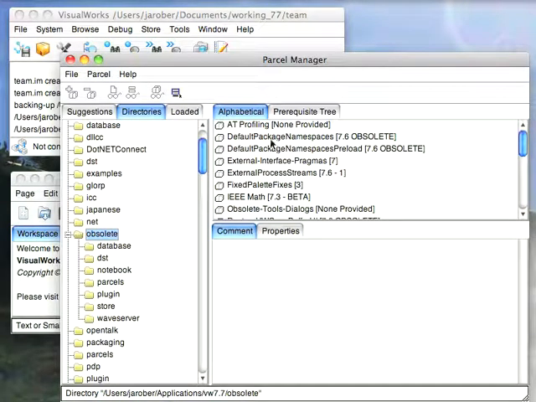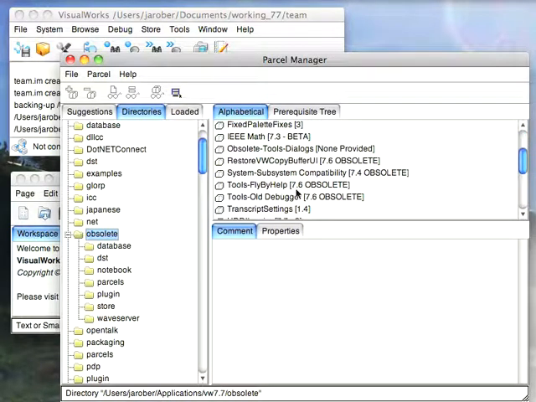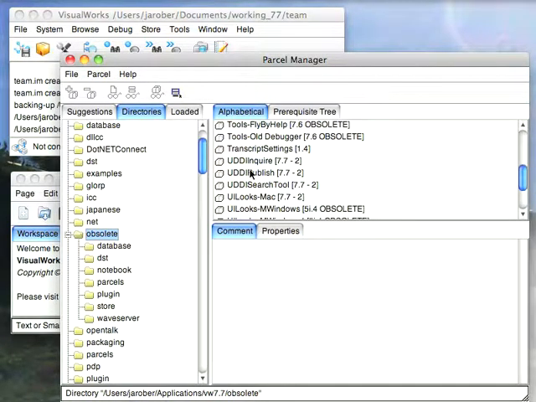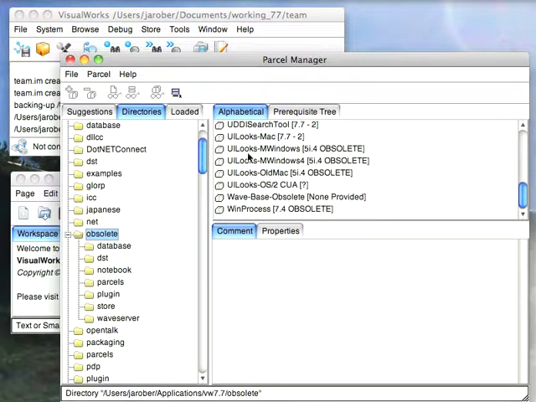If you go down here to default package namespaces, again, that problem's been fixed. The package itself is obsolete. And there are a bunch of things like that. The old flyby help has been obsoleted by a new implementation, and so on. A bunch of things in here for WSD, and a bunch of things in here for web services, obsoleted by new implementations. Old look and feels for platforms that are way obsolete, like Windows 3.x and Mac OS 8.9,